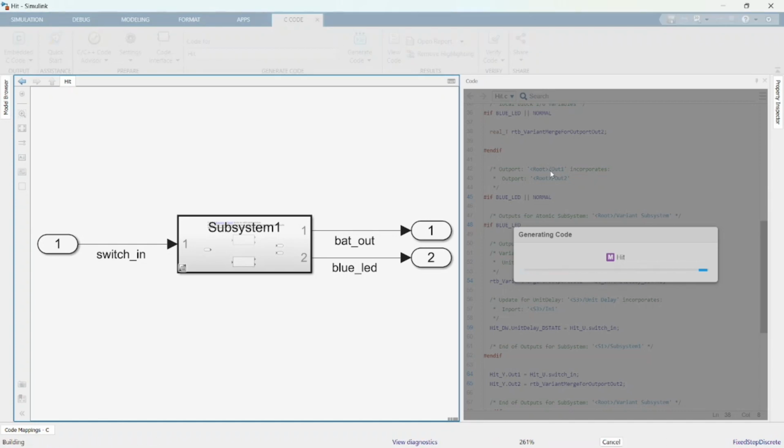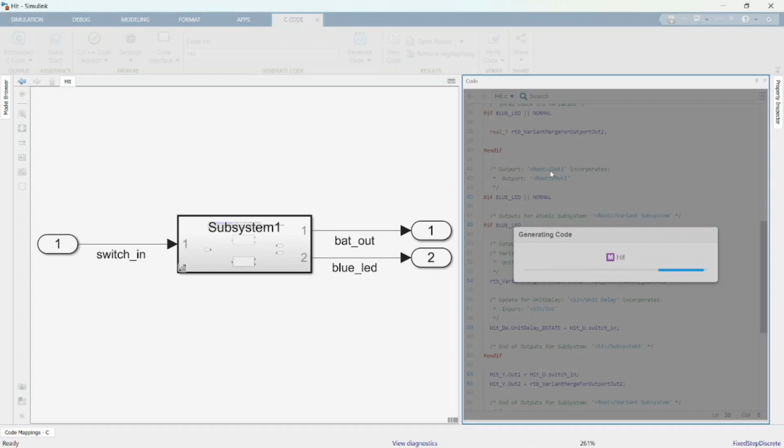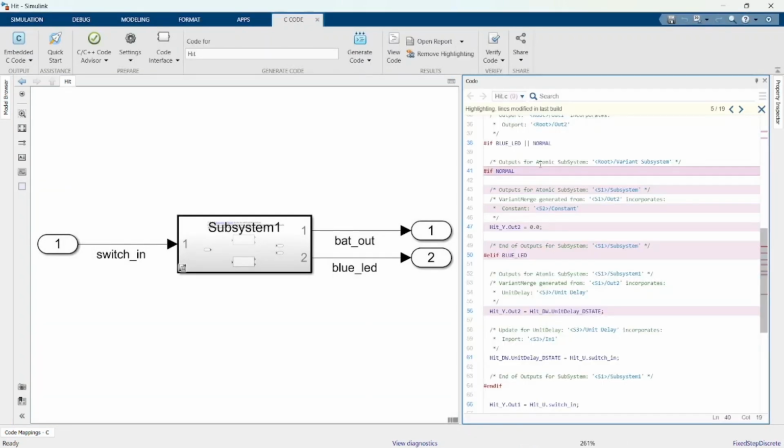Let us try it now. I hope so. That is the mistake that I made. Yes, correct, I guessed it. Whenever we are terminating a signal or starting a signal with a ground block, it will not be generated in the code. So now what happened is,